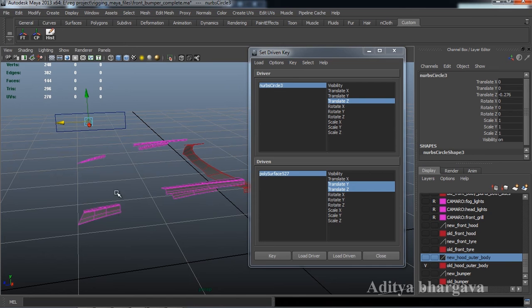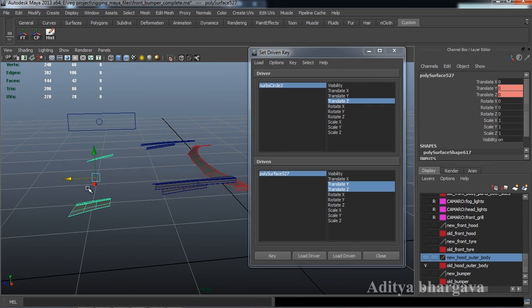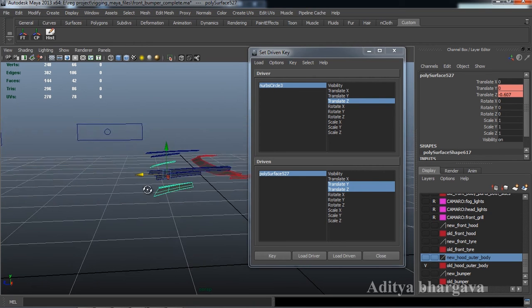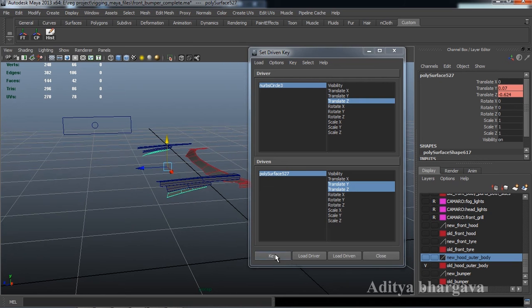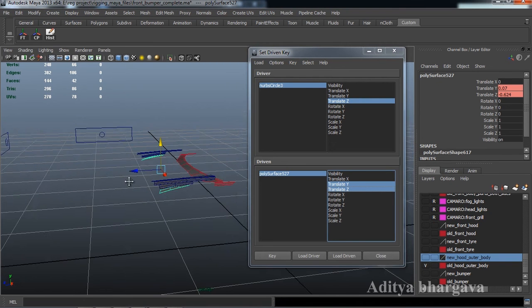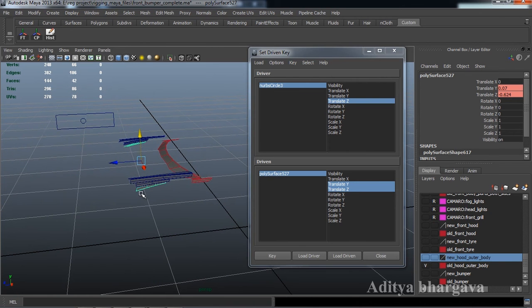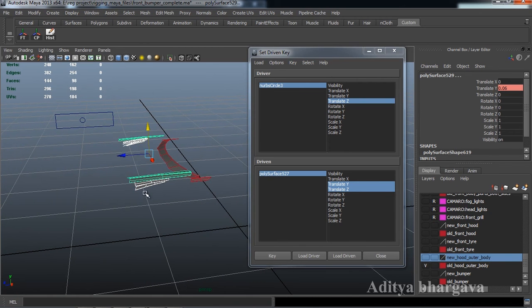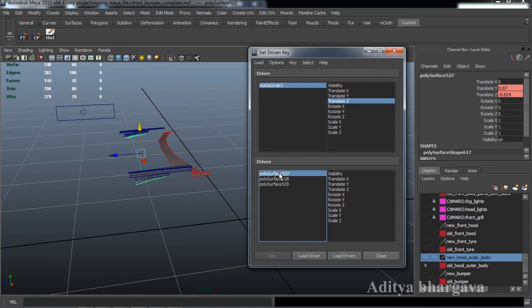So for that, what we can do is make it slightly outwards and then move it over here like this, and press key. Then select all the three, press driven, select one,